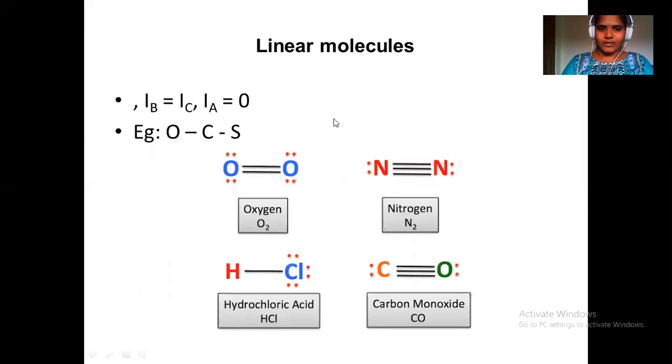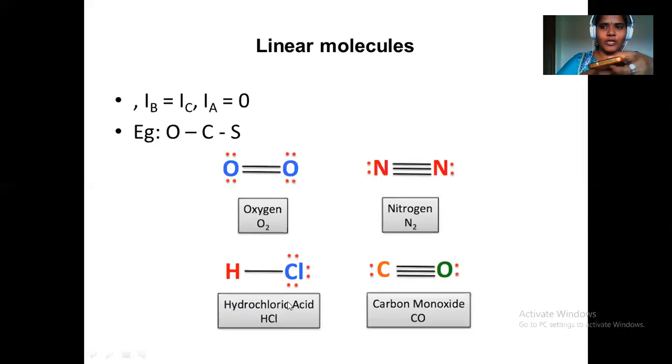The linear molecules. Here, just as an example, I took oxygen and nitrogen, but both are NMR inactive. But let's take HCl, which is linear, or OCS. Consider HCl, with H here and Cl here. If I rotate it along the bond axis, obviously the position of hydrogen and chlorine will not change. So the inertia exhibited by that molecule is almost negligible, almost equal to 0.